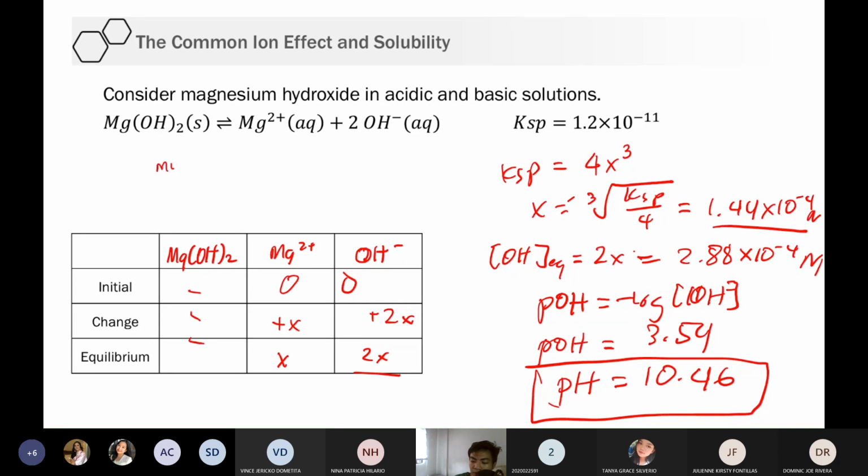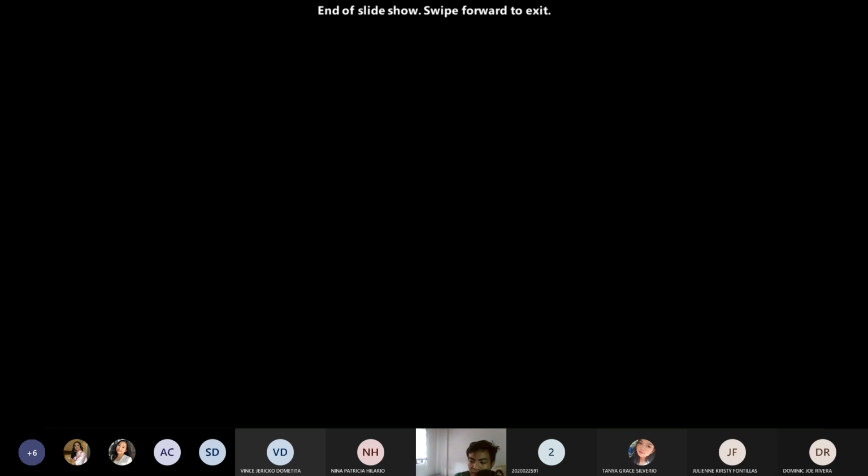The precipitate will be more soluble if the pH is less than 10.46 and less soluble if the pH is greater than 10.46. So when it is acidic, meaning less than this, that's where it becomes more soluble. But when it is more basic, higher than this, that's where it becomes less soluble because of the common ion effect. Okay, so that's all for the solubility